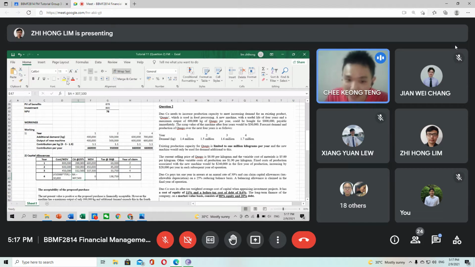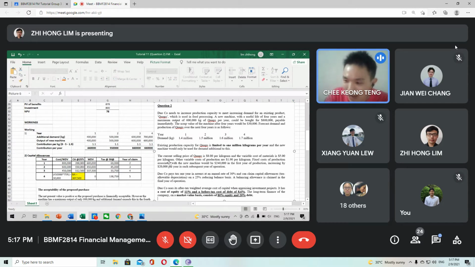If you have any question, you can ask me. If you have no question, because I believe that, you look at that, you should know how to calculate reducing balance. You have done that many times, I think. I don't think I need to explain how to calculate. But what I want to say right now is, in a normal circumstance, like in the lecture class, I don't want to explain too much, but in a normal circumstance, all the tax savings, the 60,000, 45,000, and so on,